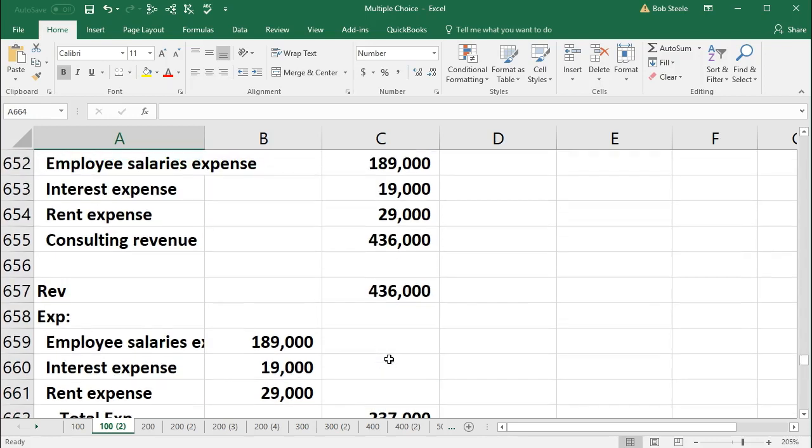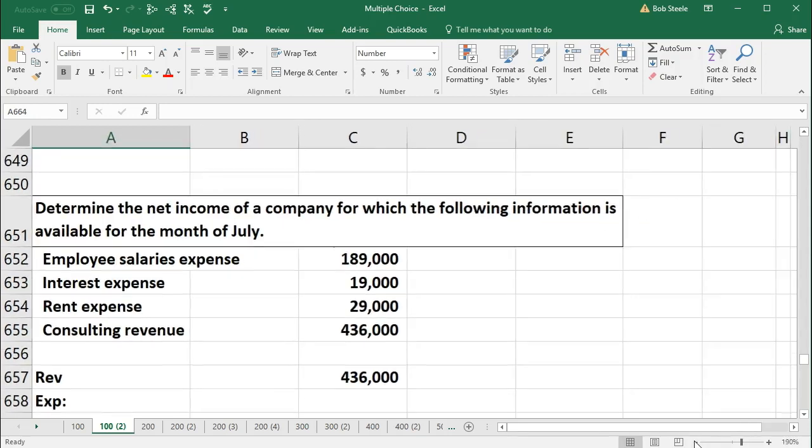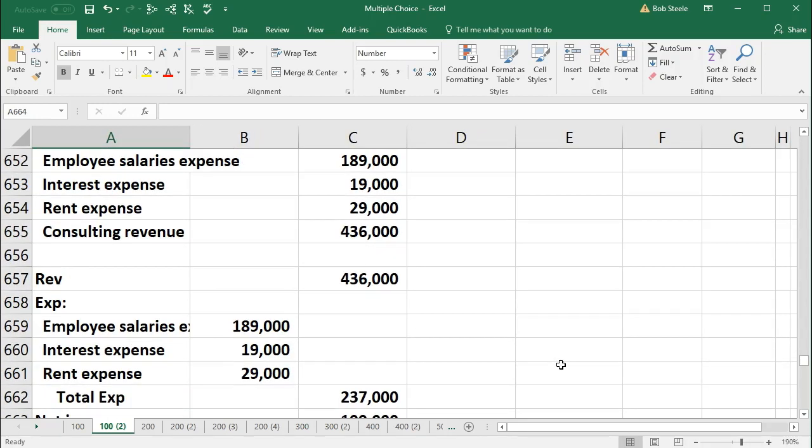So just to recap, when you're doing this with paper and pencil, if you're working a test question, I'll make this a bit smaller. Then you're just looking to put this information in as quick a format as possible, revenue minus expenses. Obviously, with this little information, you could just take revenue minus this, minus this, minus this. If you get to more extended problems, you might want to format it exactly as you would have it on an income statement,